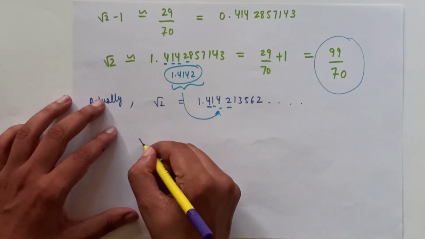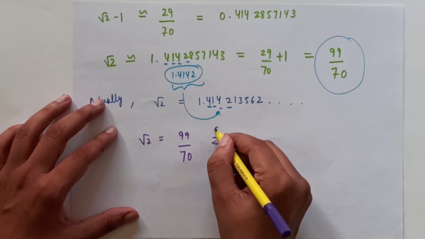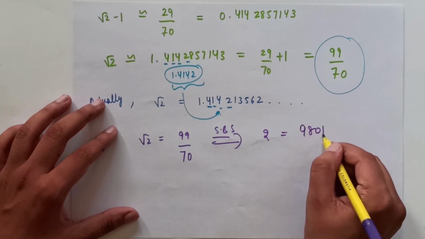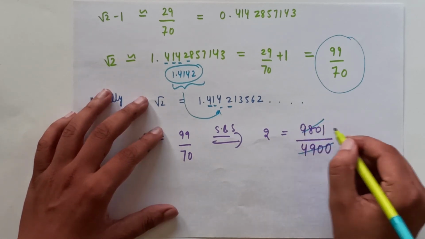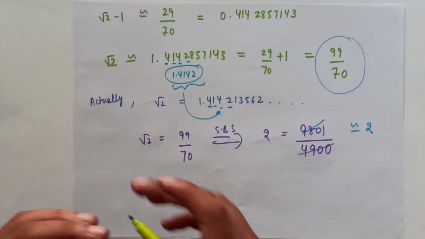Now our root 2 was equal to 99 over 70. Squaring both sides, we will get 2 equals 9801 divided by 4900, and if we divide this fraction we will nearly get 2. Isn't it fascinating? I think for this video we have covered a lot of ground in which we developed the technique of building mathematical expressions and simplifying irrational numbers in the form of rational numbers, and it's a lot to grasp in a single video. So that's it, and we will sign off now.